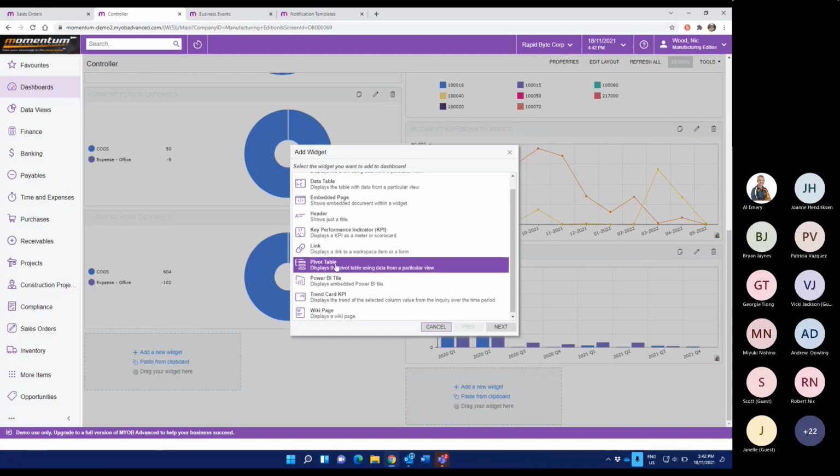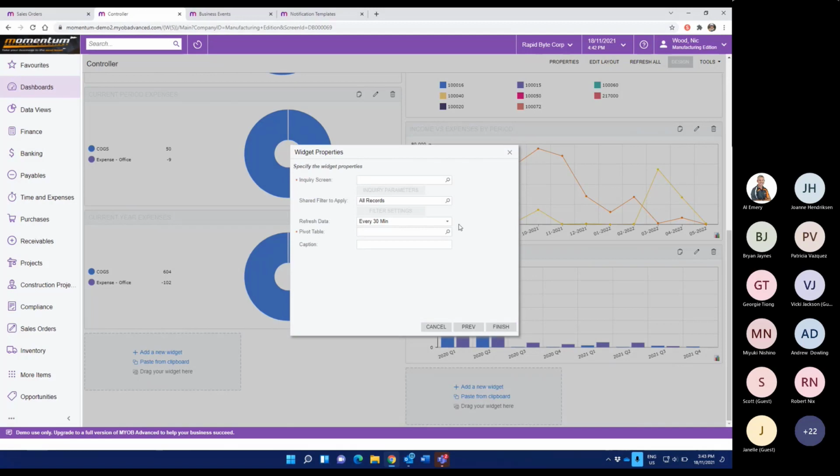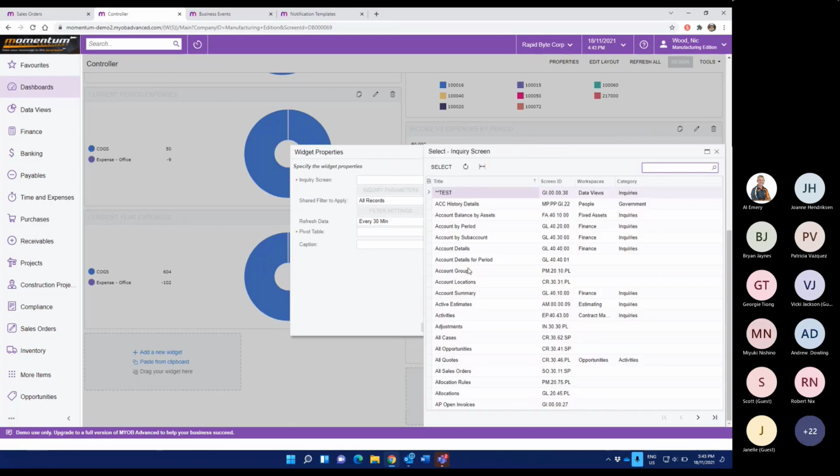The pivot tables are also a very useful function if you've seen those before, which essentially allow us to run an Excel style pivot table directly from a generic inquiry and use those pivot data on a dashboard.